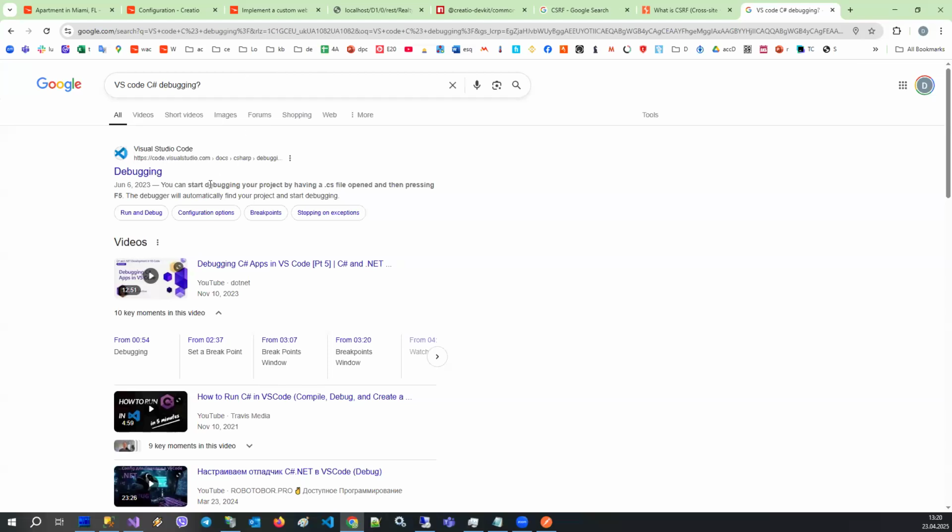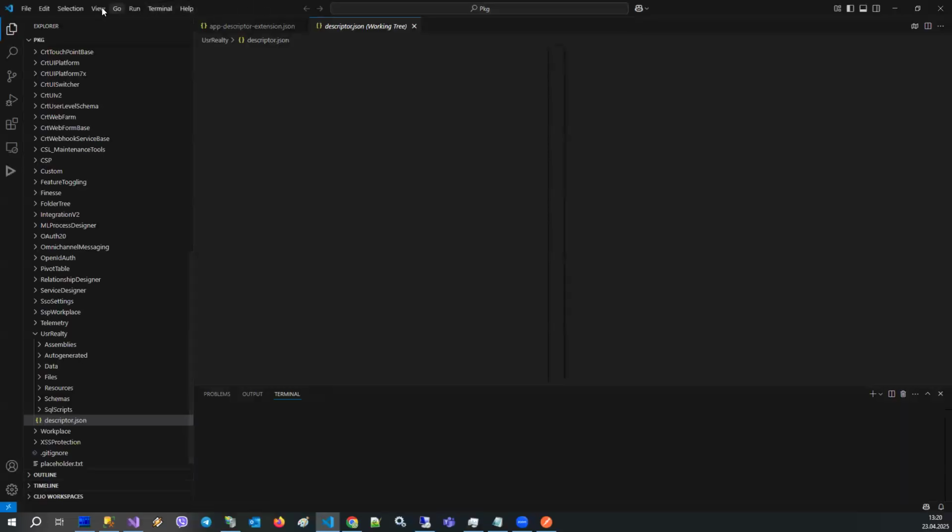Yes, it appeared 1 year ago, but you need a project, you need a C# file, you need to attach. So maybe this can work for you. I did not check it, but if it works, it's okay. If it doesn't work, maybe you need to check some settings in Visual Studio Code, the same as